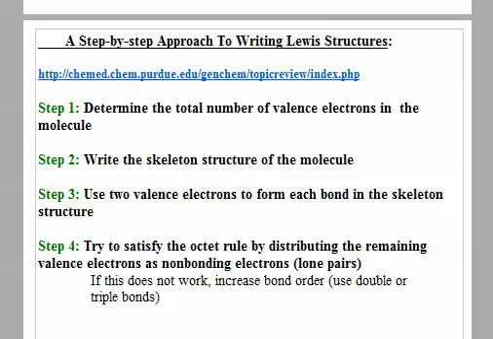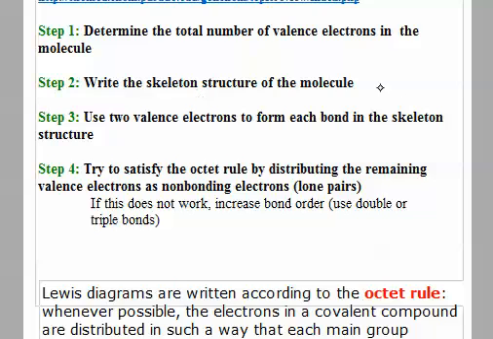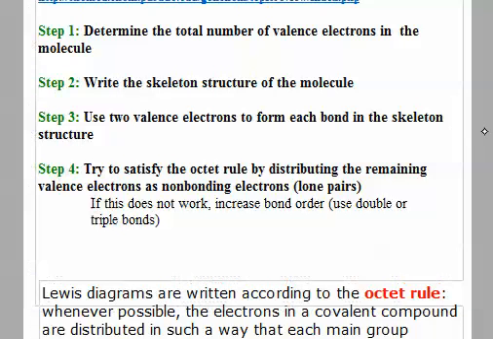Okay, so again, when we're drawing Lewis structures, we want to follow this very systematic approach, right? We always start by counting the total number of valence electrons. We then write what we call a skeleton structure by connecting all of the atoms with single covalent bonds. Each of those single bonds corresponds to 2 valence electrons, and then we're going to try to satisfy the octet